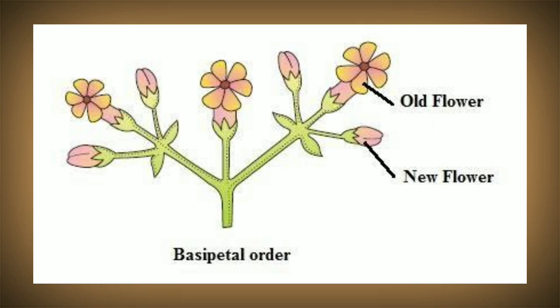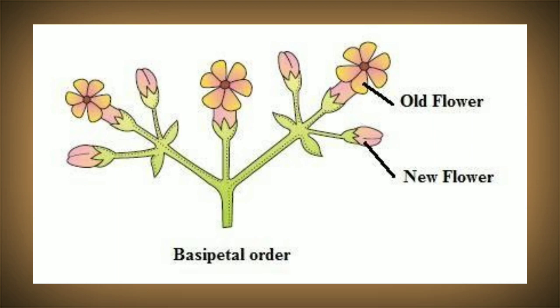And later the other flowers are also born from the lateral branches which arise just below the terminal flower, and these lateral branches also terminate into a flower, and in that way they have an arrangement of the order basipetal or centrifugal. That is, the outer or basal flowers are younger and the central or upper flowers are older. This type of inflorescence can be found in plants like begonia, then ixora, which in Assamese we call ohukful, jasmine, dianthus, etc.